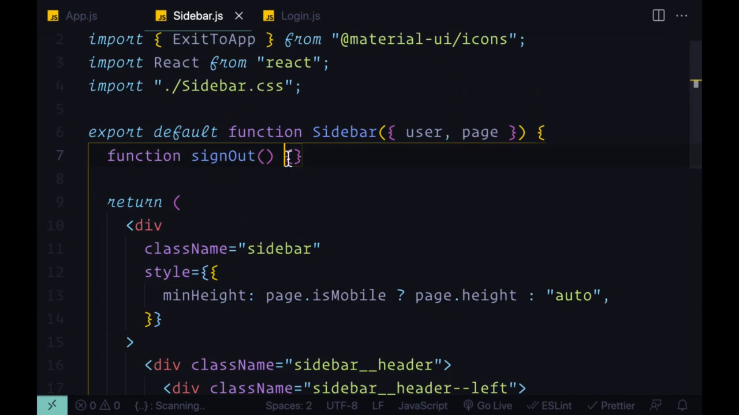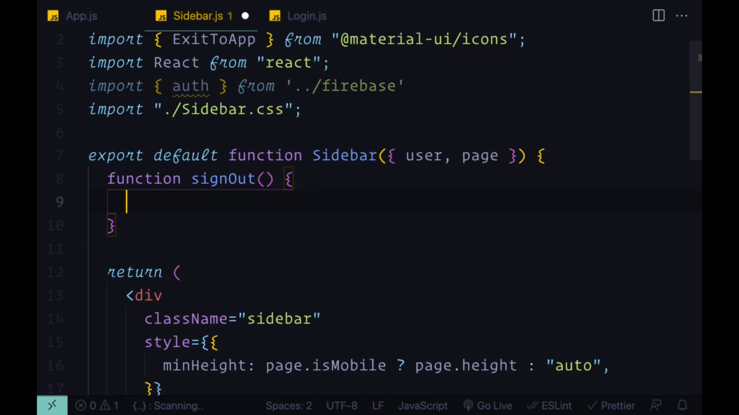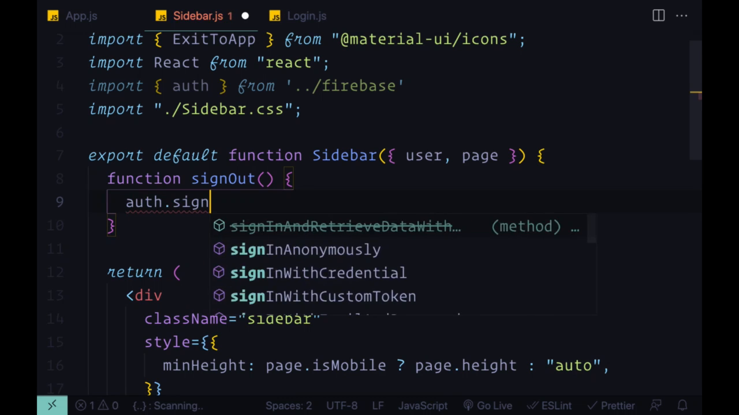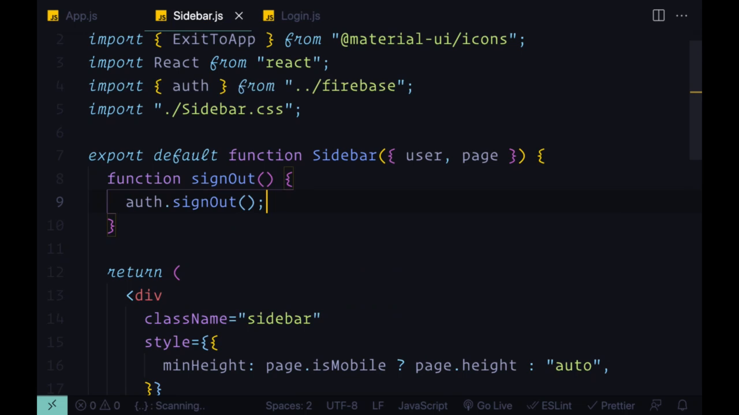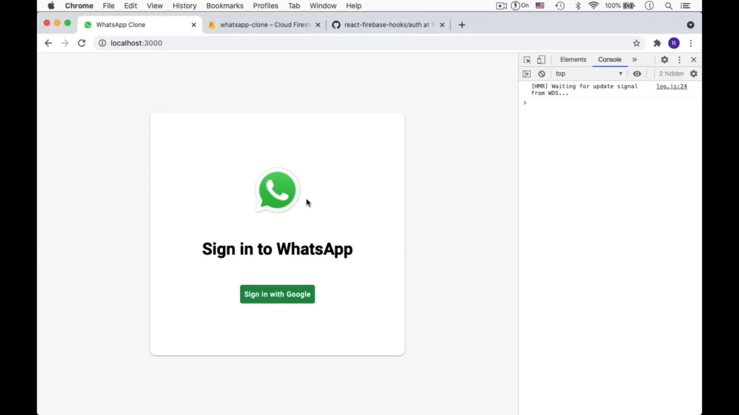So when our page loads, we can see our sidebar area here on the left. We can see the avatar of our current user, their name, as well as our sign out button. So to make this functional, we're once again going to use the auth variable. We'll import auth from /Firebase. So to sign out, all we need to do is say auth dot sign out. So we can test this. And once we hit the button, we should be taken right back to our login component,